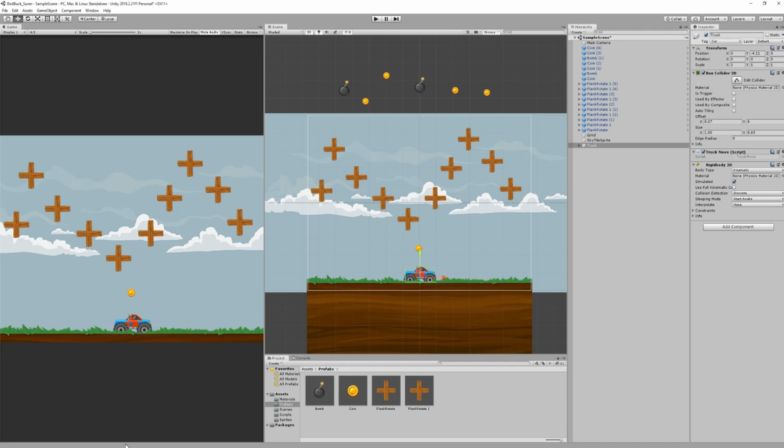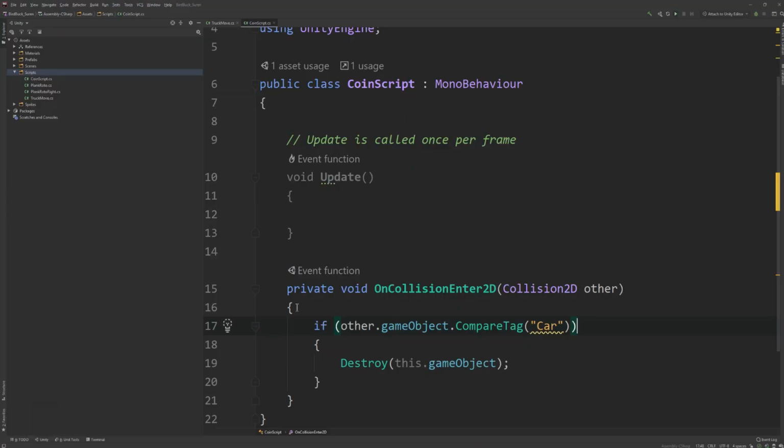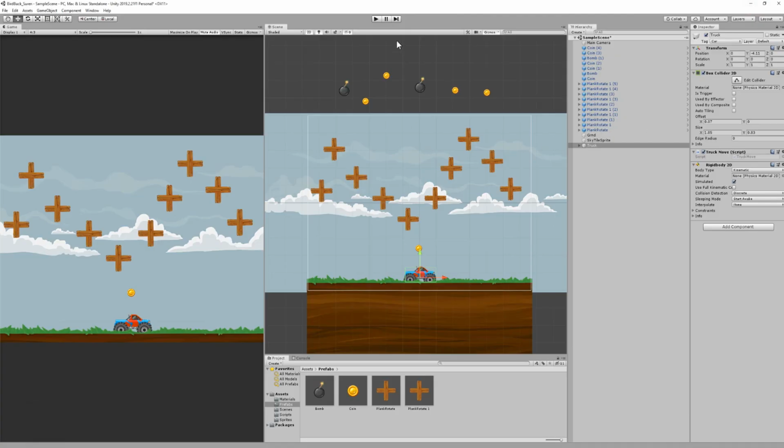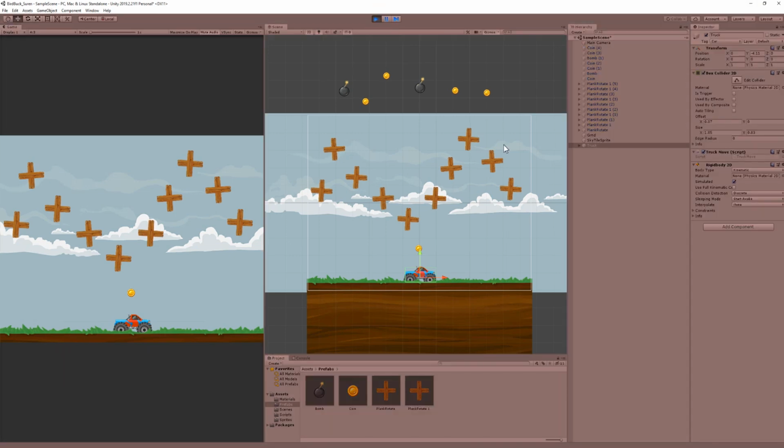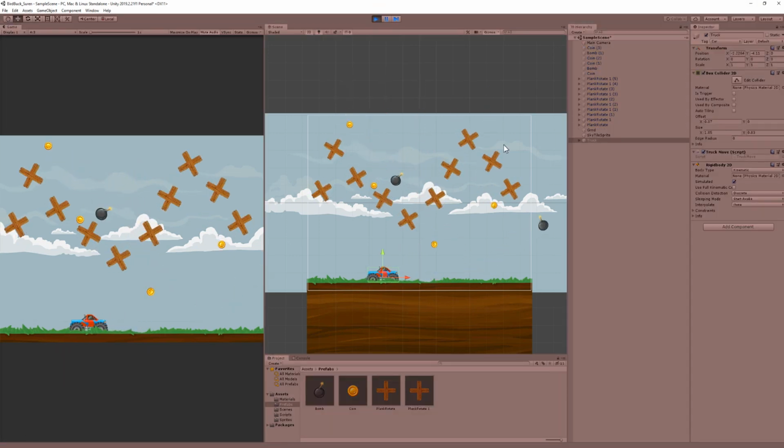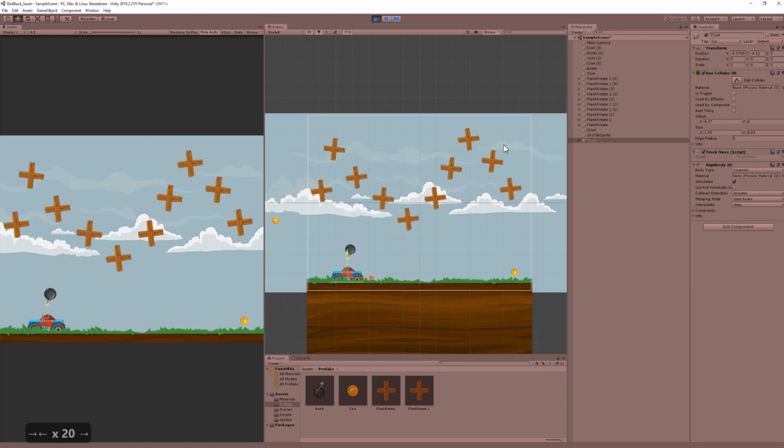Okay, I'll again explain you the code. Same thing. On collision enter 2D. If my coin is entering into collision with other object, and if the other object tag name is car, then destroy the coin. If it is not car, please do not destroy the coins. Very simple. And if you watch carefully, the coins that I touch with my player, oh my god, so